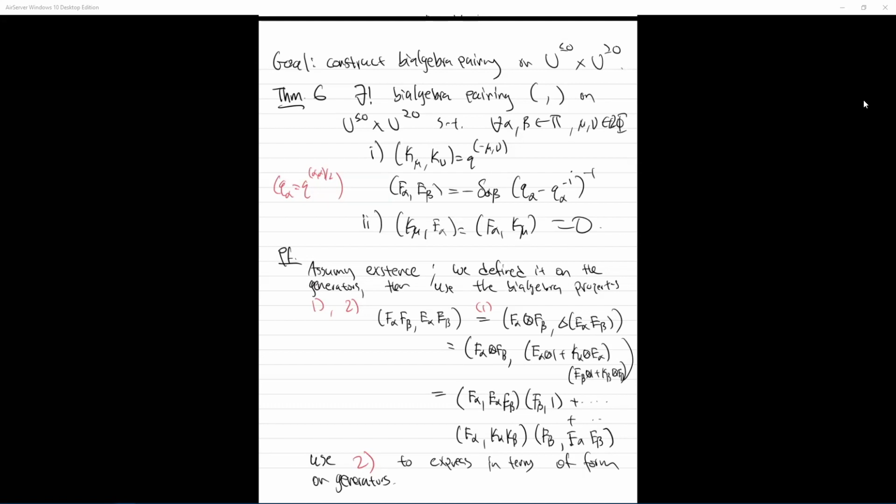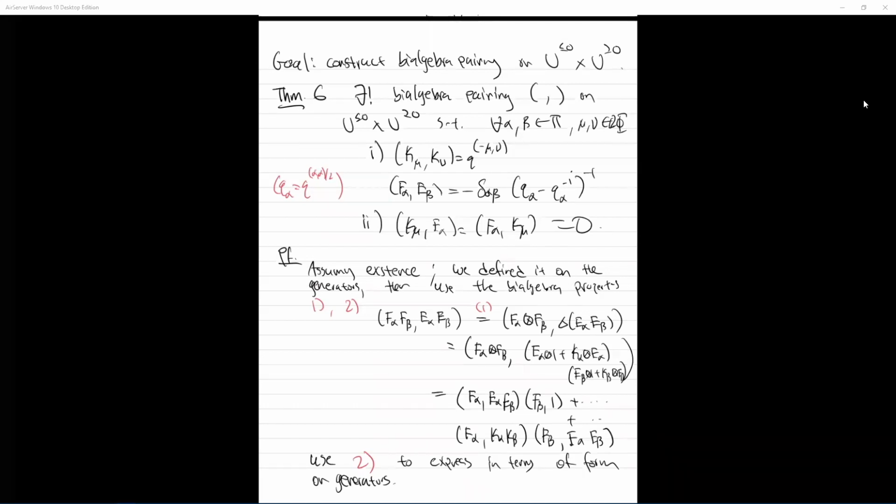Oh, and you're saying it's non-zero in this quantum setting, those pairings? It's even non-degenerate. You see, U less than or equal to 0 is isomorphic to U greater than or equal to 0. These two, the negative and positive parts, are isomorphic. So you could as well define the pairing on U greater than or equal to 0 times U greater than or equal to 0. You can forget about the case, even strictly positive in both parts. You take the same formulas, and then you really see that there is a problem in specializing.